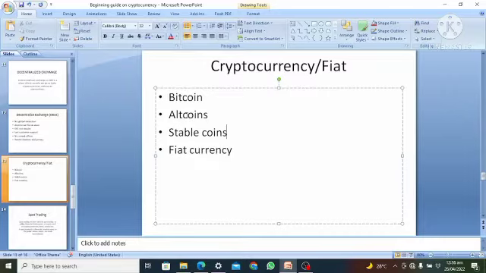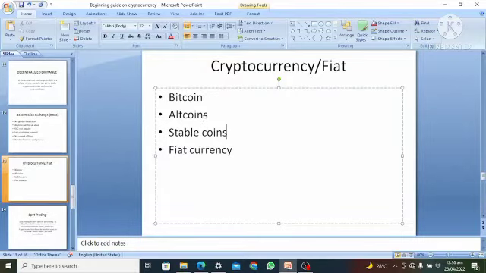Because as long as you have made a profit of $1,000, or let's say a $500 profit, and you have not yet converted, when the price of that coin drops in value, that automatically cuts down the profit you have made. So I've talked about fiat. Let's move to the next one.